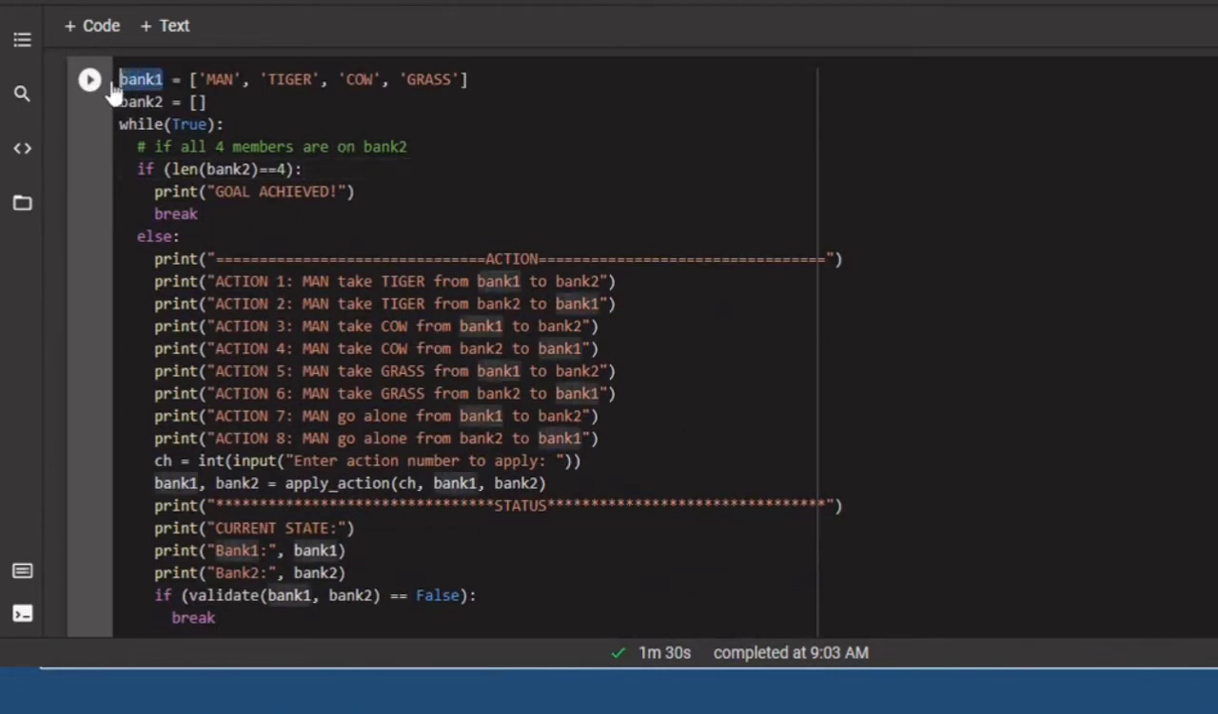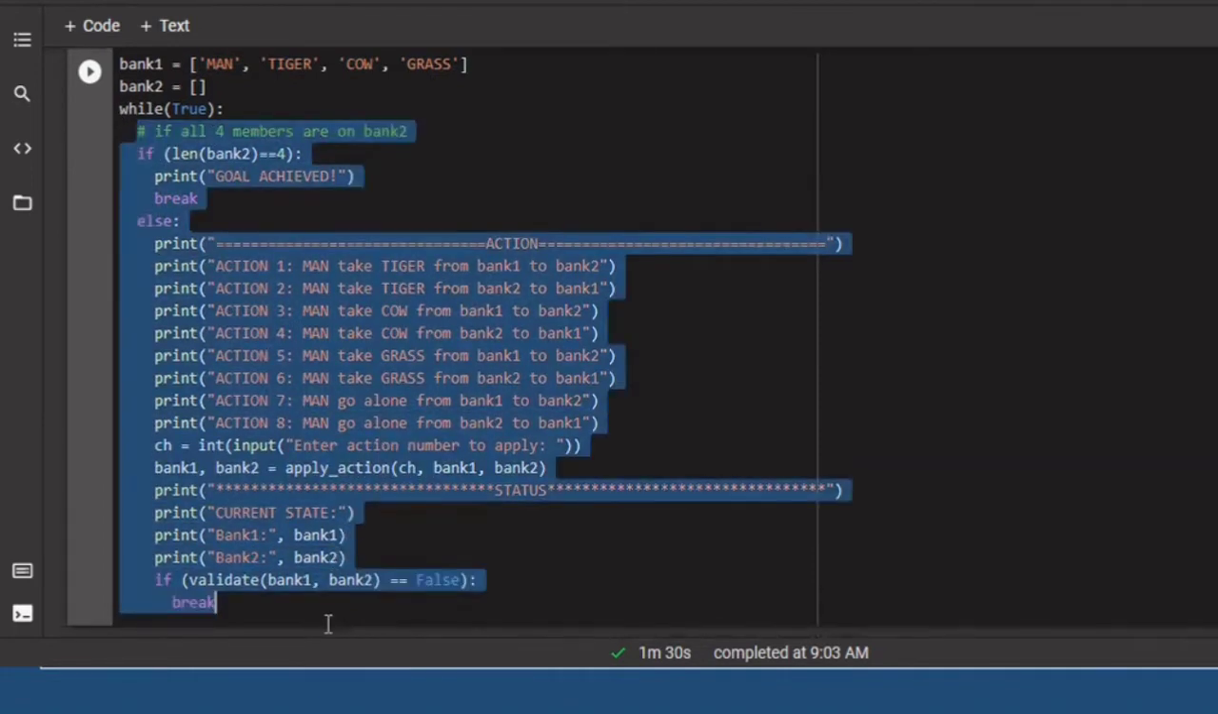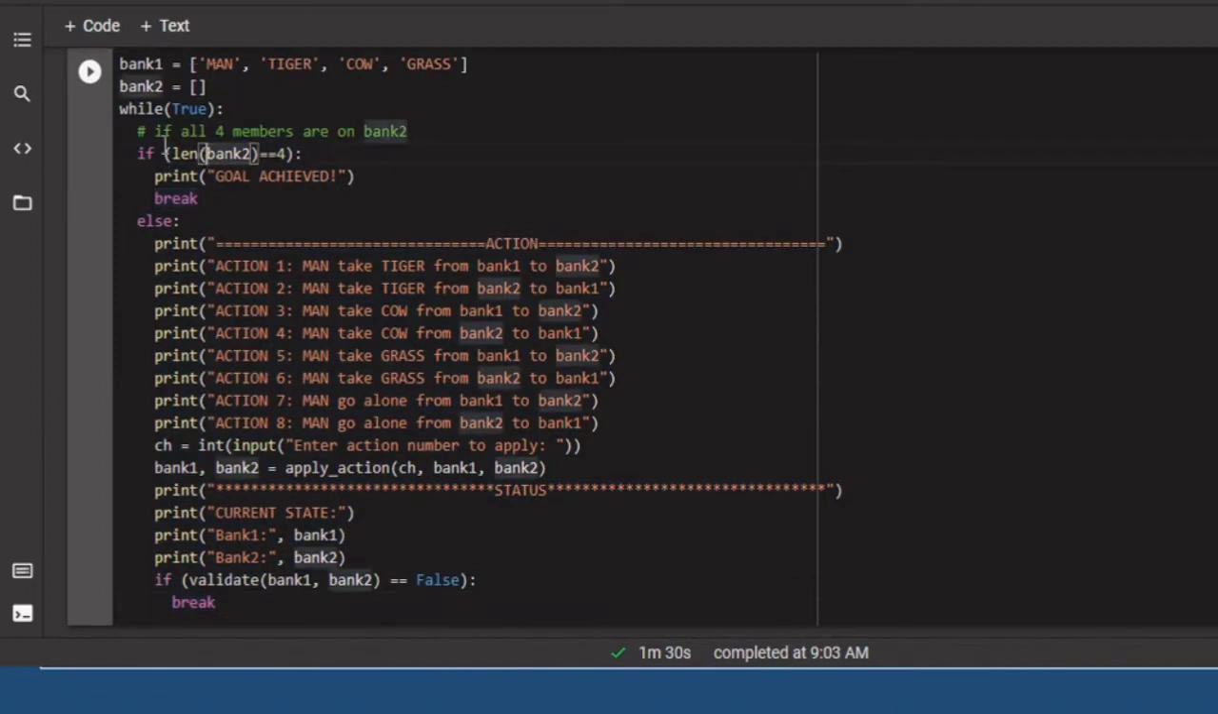I have declared two lists, bank 1 and bank 2. In bank 1 I have assigned the four members, man, tiger, cow and grass, because in the initial stage all four members are in bank 1. While true, this block will be executed. If all four members are on bank 2, then the length of bank 2 becomes 4. So we check if the length of bank 2 is 4, then the goal is achieved and the loop will break. Else